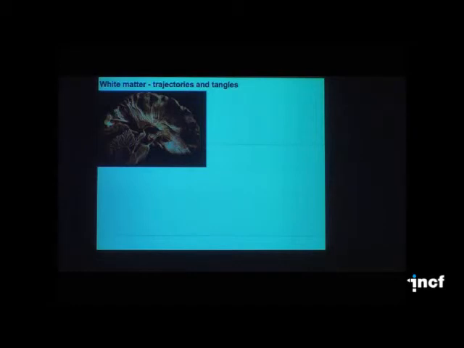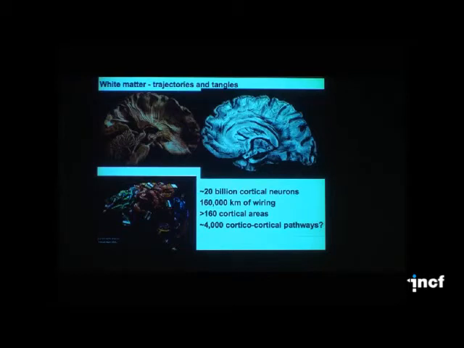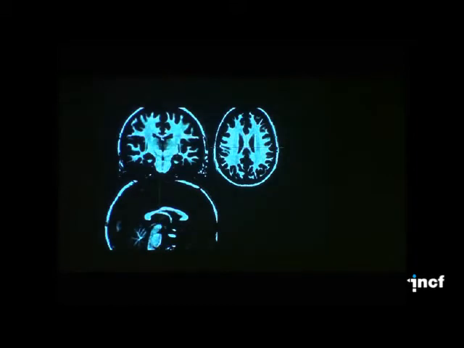You can see in this classic partial dissection that there are many places in the white matter where bundles stream along together, but in other regions the fibers are crisscrossing, and in general we have a tremendously complex tangle of pathways to try to elucidate, to understand how this hundreds of thousands of kilometers of wiring is organized in terms of pathways linking perhaps 150 or 200 cortical areas by thousands of cortical pathways. Well, how do we get at this?